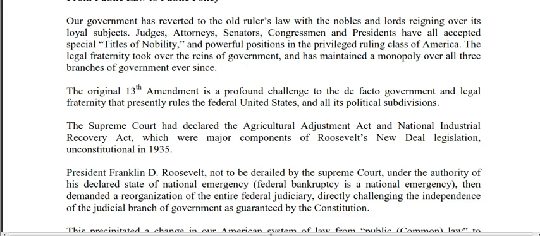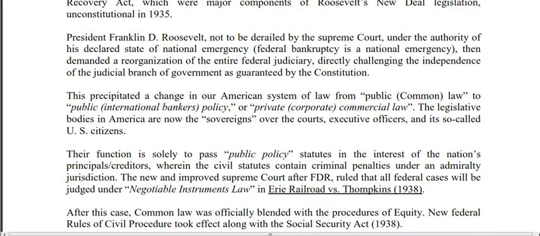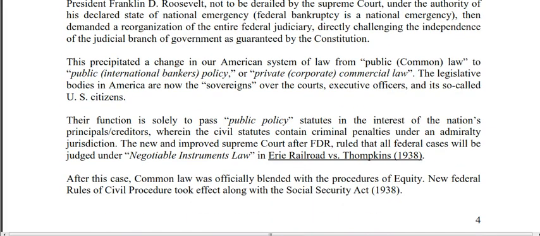President F.D. Roosevelt, not to be derailed by the Supreme Court, under the authority of his declared state of national emergency, then demanded a reorganization of the entire federal judiciary, directly challenging the independence of the judicial branch of government as guaranteed by the Constitution. This precipitated a change in our American system of law from public common law to public international bankers' policy or